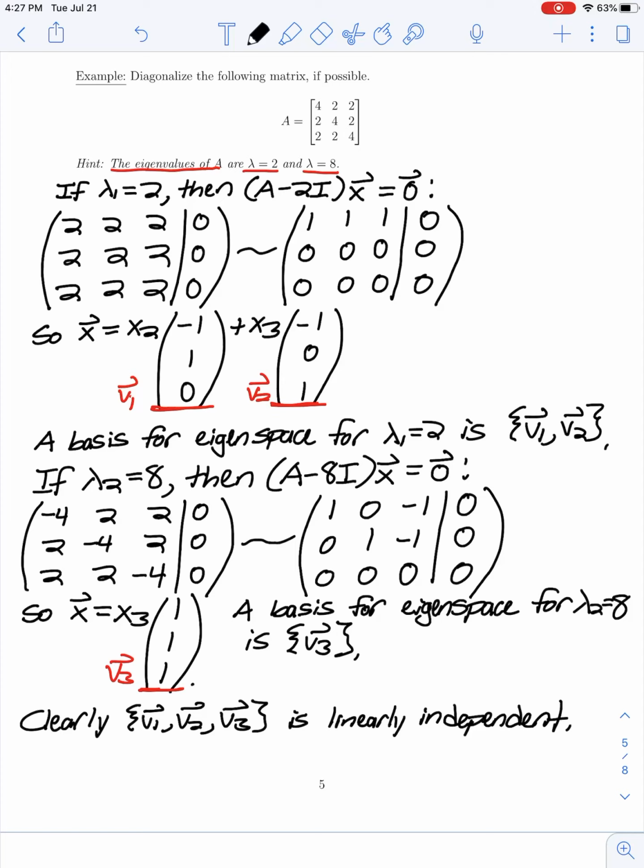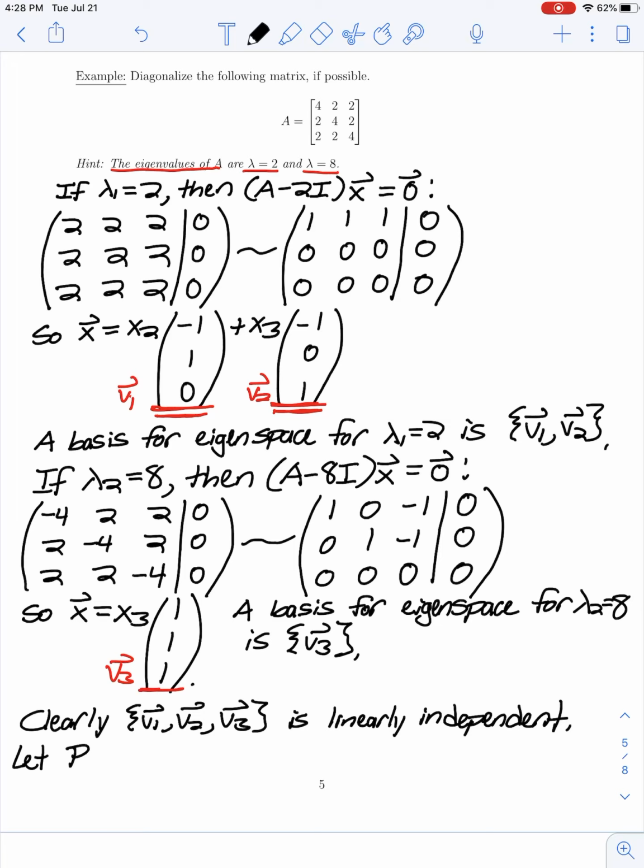And even though the eigenvalue 2 had multiplicity 2, since our basis here consists of 2 vectors, we see that v1 and v2 are linearly independent because they are not scalar multiples. Therefore, the set of these 3 must be linearly independent. So A is diagonalizable, and to find the diagonalization,